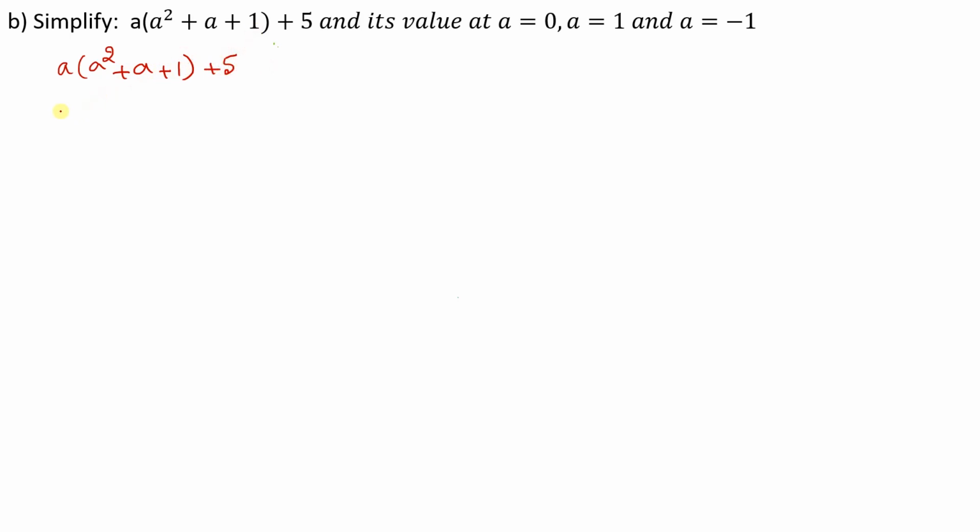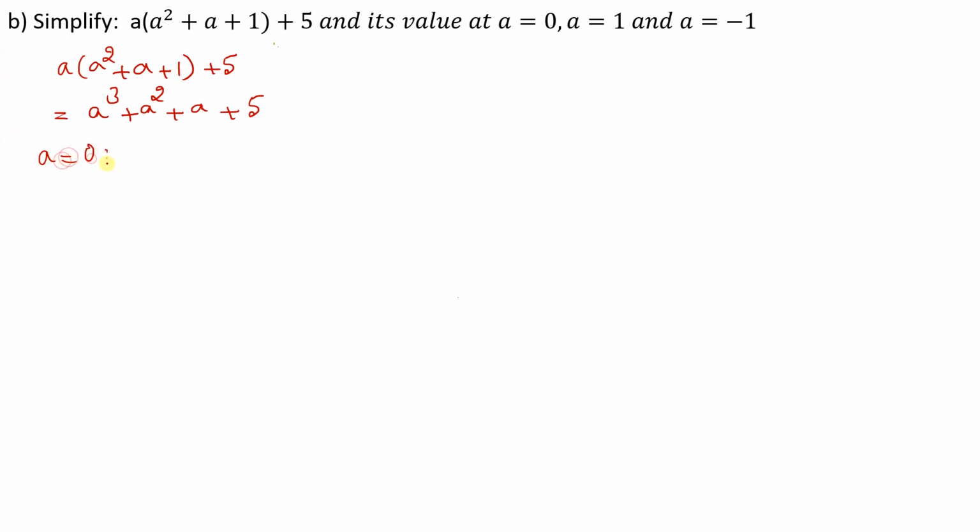This is equal to a into a square is a cube plus a into a is a square plus a into 1 is a plus 5. So this is the